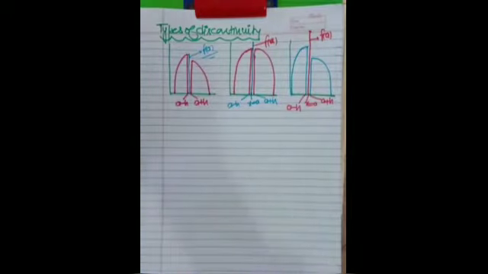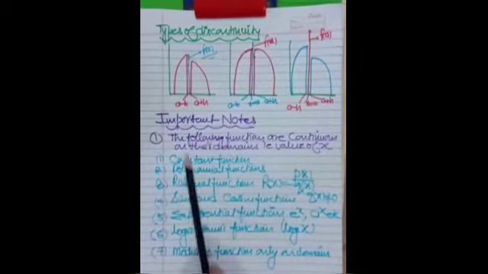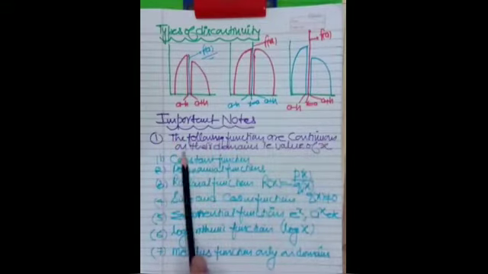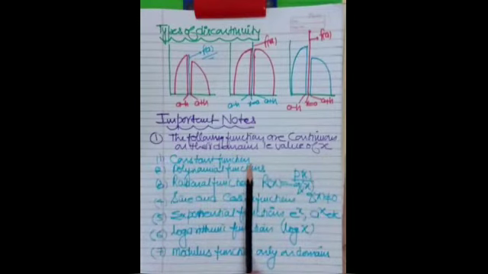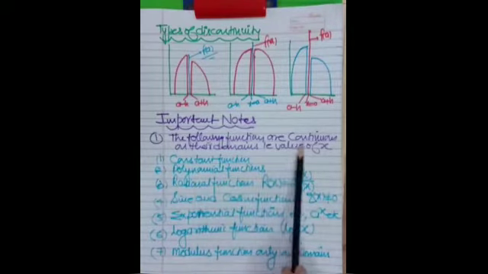Now come to the next. Now children, very important note, you have to learn these notes for future reference also, but in this chapter these are very important. Number 1, the following functions are continuous on their domains, that is, values of x. Constant function, you know, constant function f(x) equals 4, 5, 6, always continuous. Polynomial, all the polynomials in the form of ax square plus bx plus c or ax cube plus bx square, and polynomials of all natural degrees are always considered continuous.